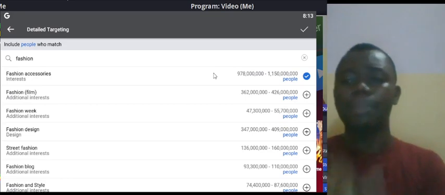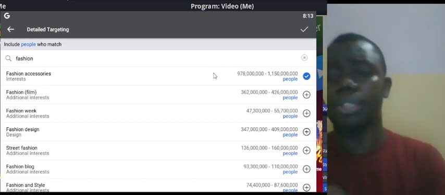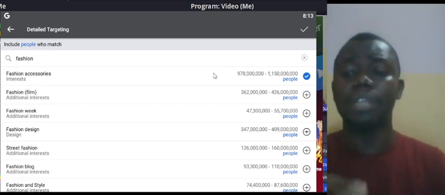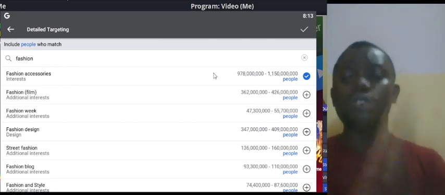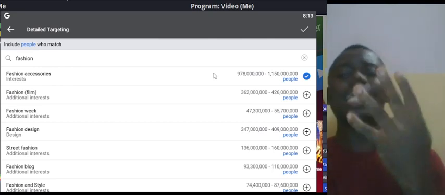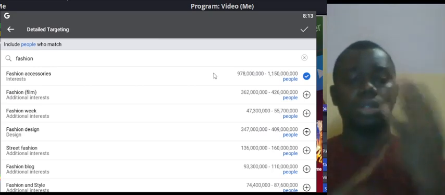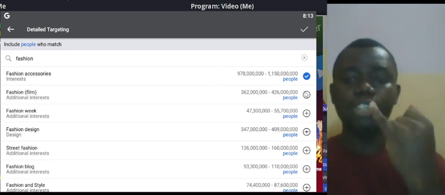I can't target everybody in Abuja. I can't target everybody in Port Harcourt. I can't target everybody in Ibadan. I can't target everybody in Lagos. Even if I'm doing that, I want to now laser it to those who are interested in fashion, one. Those who are interested in,